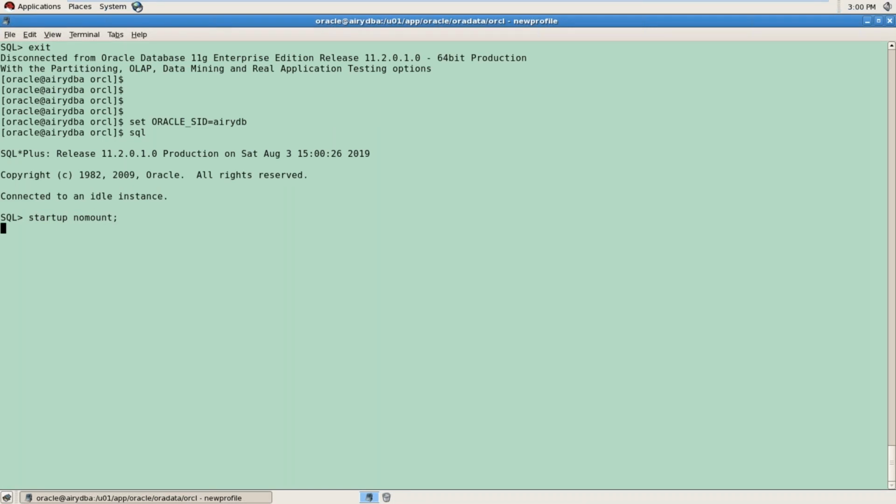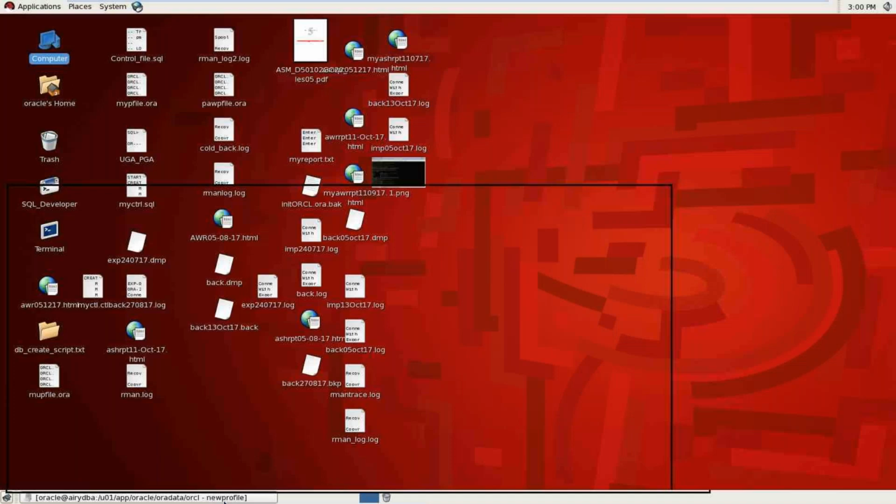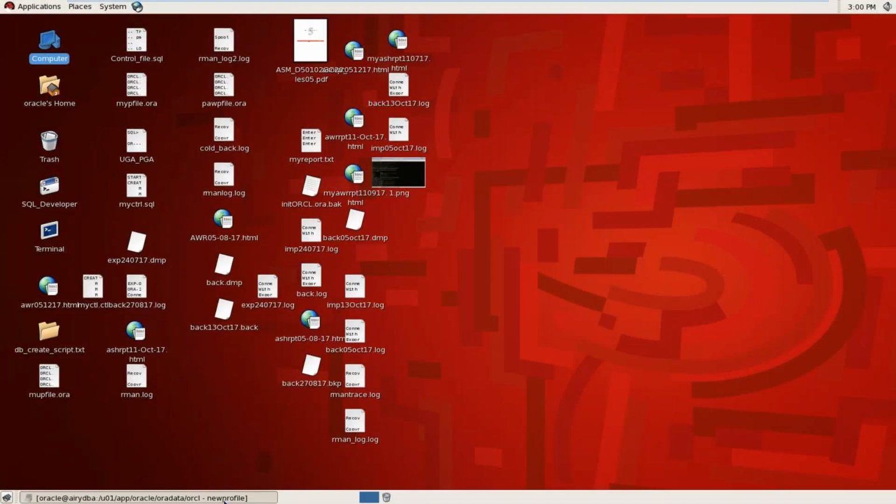First of all the SP file will be loaded. Because I have created that P file, the database will be started with that P file. Right, now the point is you have to load the control file. For the control file, because the name of the database is ORCL, you just have to take the backup of the control file, and then you have to change the name of your